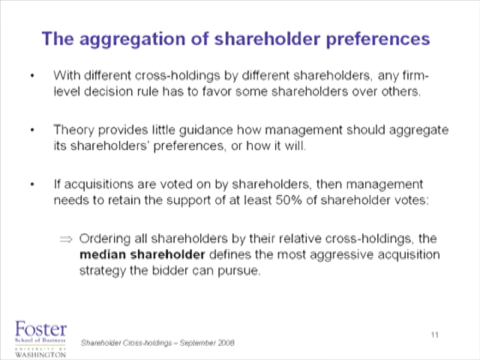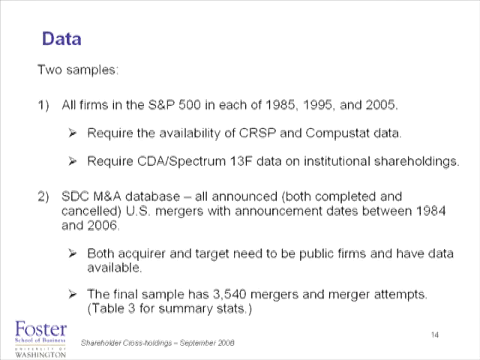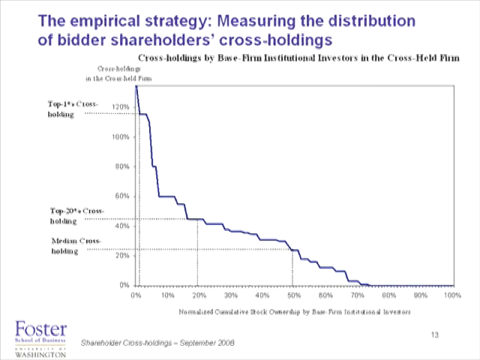And so, we're going to end up calling this the median shareholder rule. The one that has the biggest cross-holding in the target is going to be the most aggressive, and you start ranking them from most aggressive down to 0 in the target, and so at some point you get to 50%, and that's the most aggressive you can be and still retain half your votes. I'm going to shoot forward here just to make this a little bit more clear, because this part is pretty confusing.